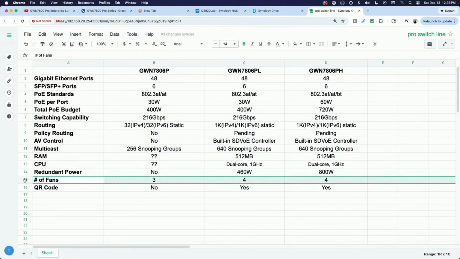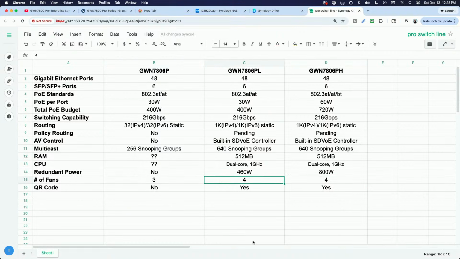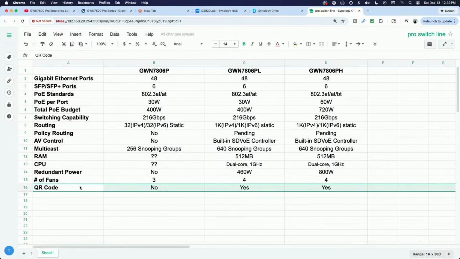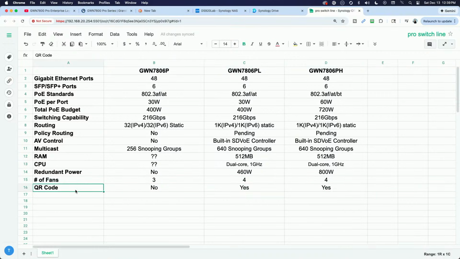Number of fans. Now this is an interesting one because the original had 3 fans, and that was loud as a beast. So I'm hoping they've added a fan on the 2 Pro models. I'm hoping that they've done something to improve the fan noise on that model. And then QR code, and what I mean by that is on the front of the